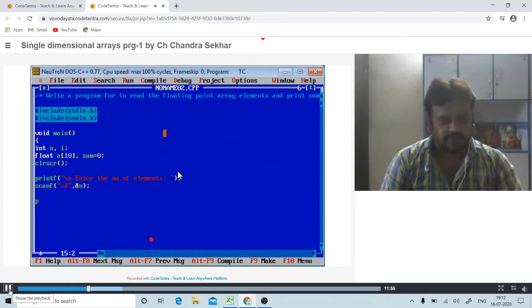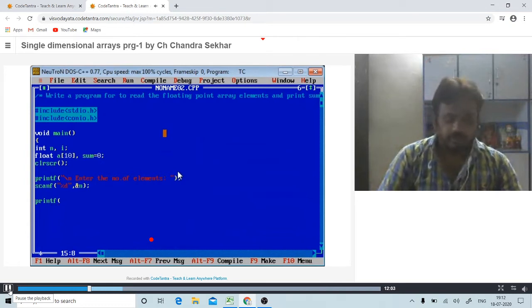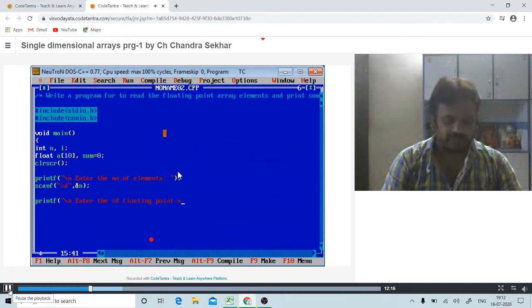Based on the n value, it reads that many floating point array elements. Before reading, I'm placing a statement like: enter the %d floating point array elements.